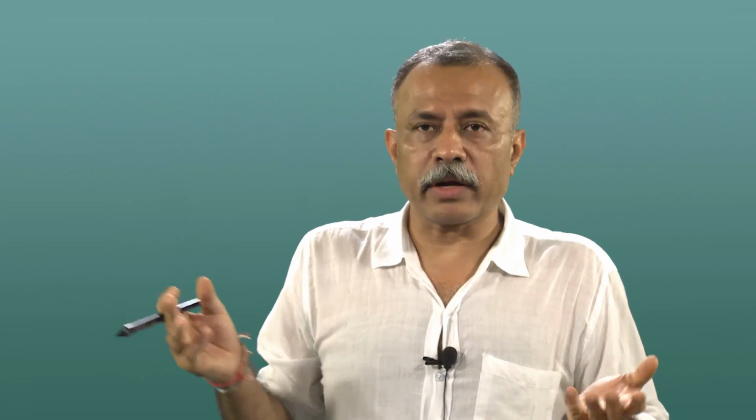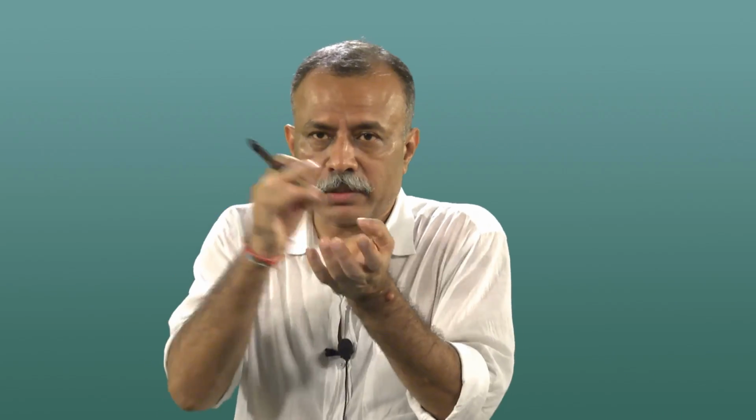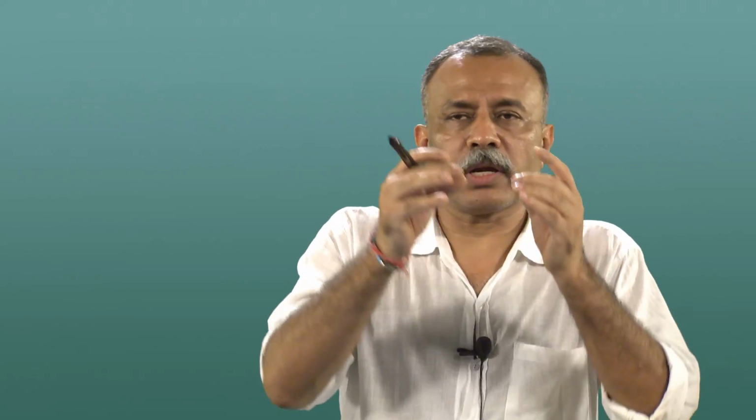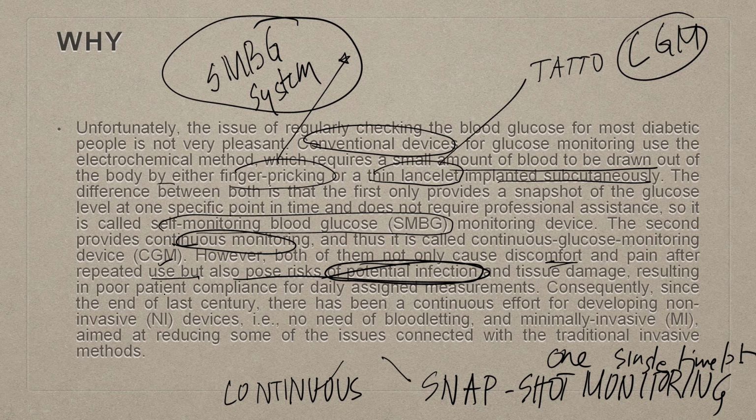Such things could cause a series of infections, because these are active devices. It is not a regular tattoo, which is just a dye. It is something else. There is a device there, there is a set of electrodes, there is a transponder, there is a whole range of complex instrumentation which is implanted, okay, resulting in poor patient compliance for daily